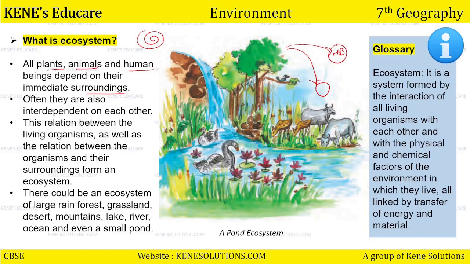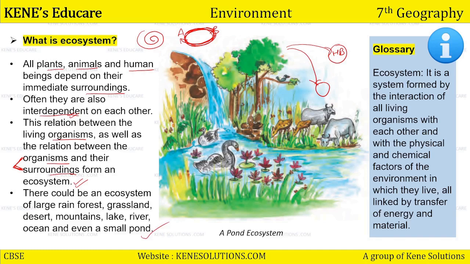Often they are also interdependent on each other. Now what do we mean by interdependent? When A is dependent on B and B is dependent on A, and this cycle goes on, it is interdependent. Okay, this relation between the living organisms as well as the relation between the organism and their surroundings form an ecosystem. So this relation of interdependency between the organisms and between the organism and its surroundings is known as ecosystem. There could be an ecosystem of large rainforest, grassland, desert, mountain, lake, river, ocean, and even a small